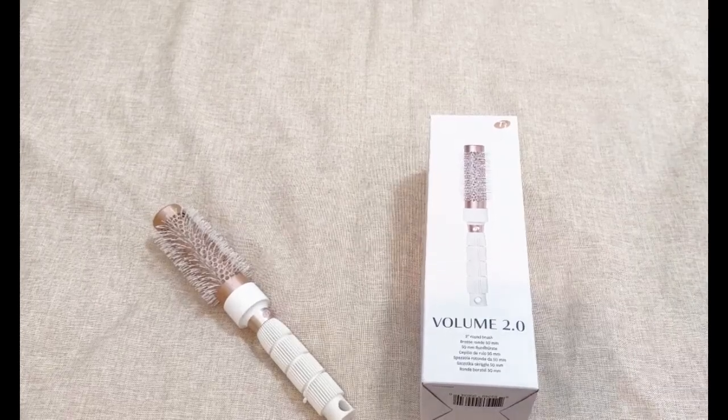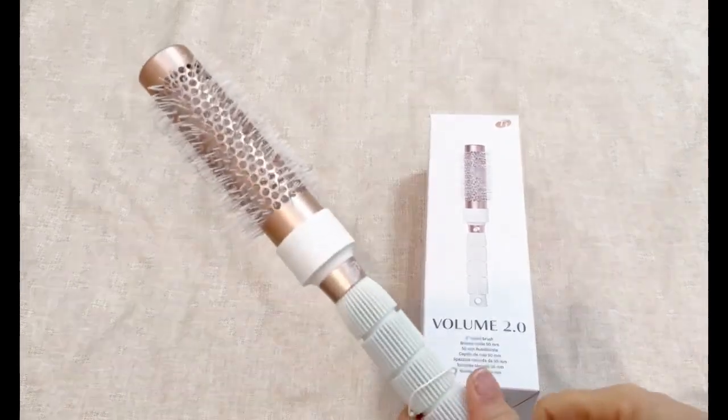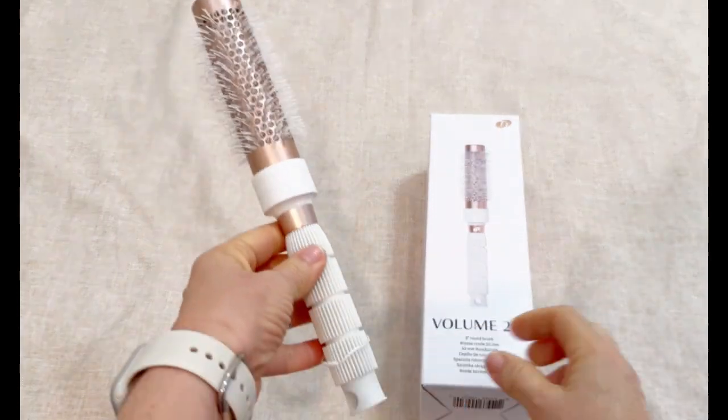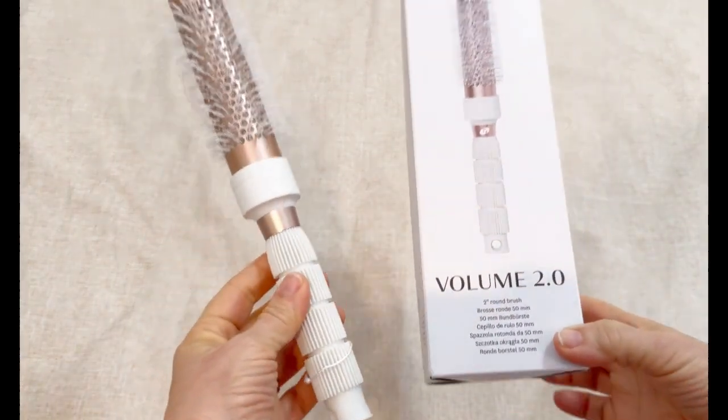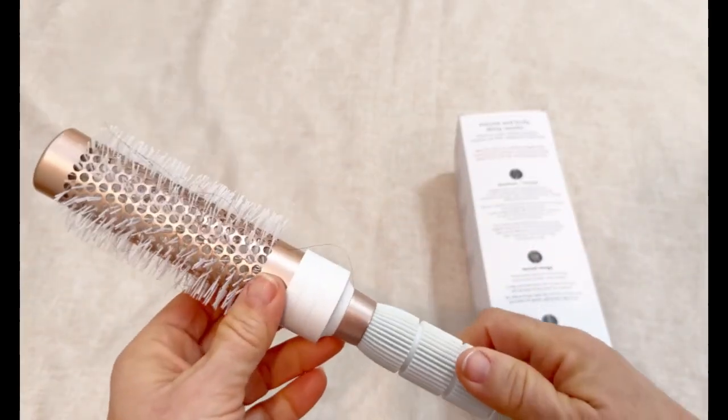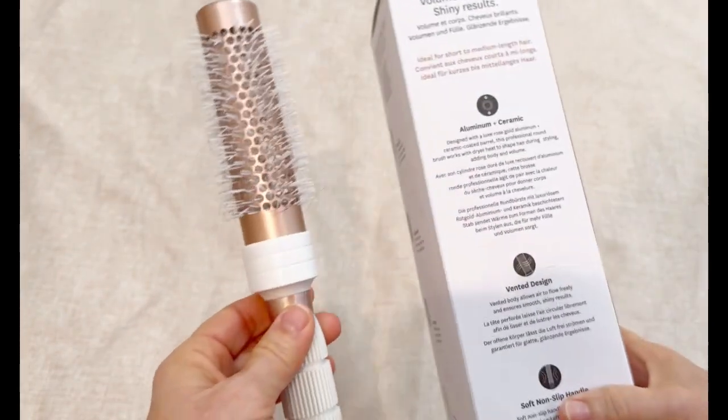I just want to talk to you a minute about the amazing T3 brushes. This is the T3 Round. This is the T3 Round 2.0 I just ordered, and where has this been all my life? I love it. It is terrific for short to medium length hair, and I found that it is so nice